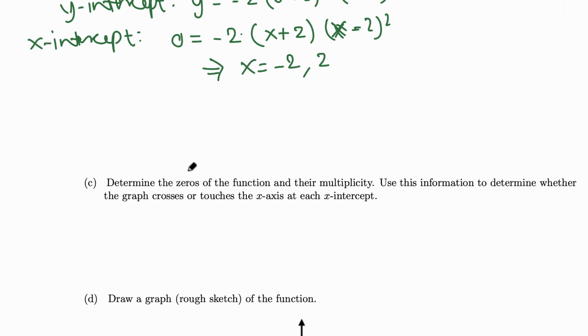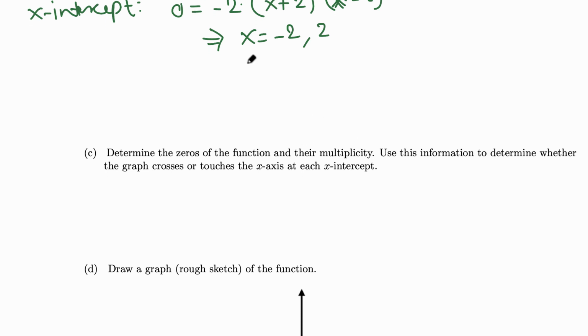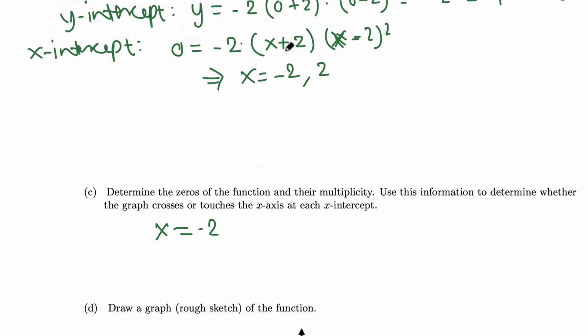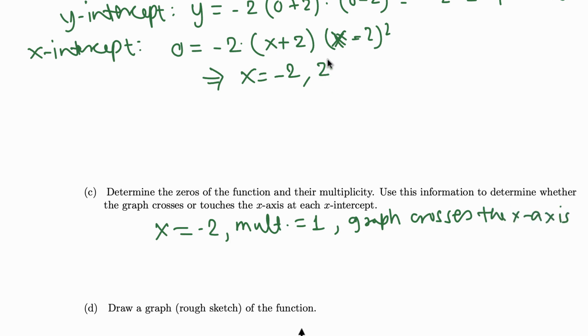Now in part C, determine the zeros of the function and their multiplicity. These are the zeros. x equals -2, that's coming from x plus 2, so multiplicity 1. When we have an odd multiplicity like 1, 3, 5, 7, then the graph crosses the x-axis. So the graph crosses the x-axis. Now next is another zero, x equals 2,